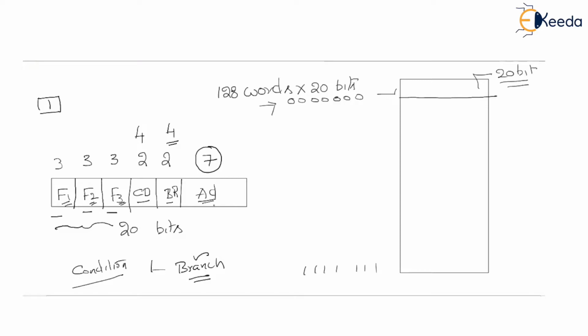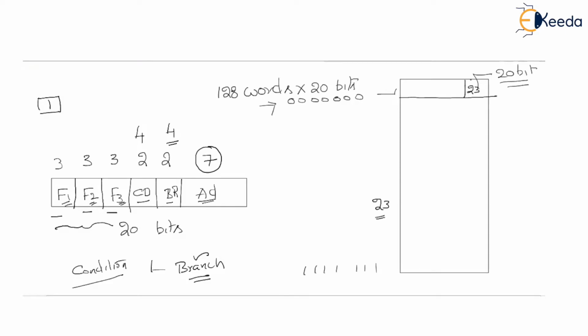Once again, this address field is going to specify a branch address whenever this micro instruction is going to take a branch. If the corresponding micro instruction is not going to take a branch, then this address field is going to hold the next subsequent instruction's address. For example, if this instruction is going to take a branch, the least significant 7 bits are going to hold the branch address. Let us say 23. This instruction wants to take a branch to the 23rd location within the control memory.